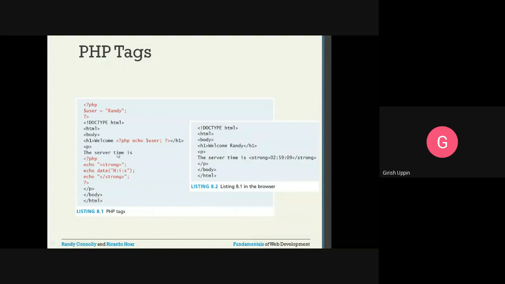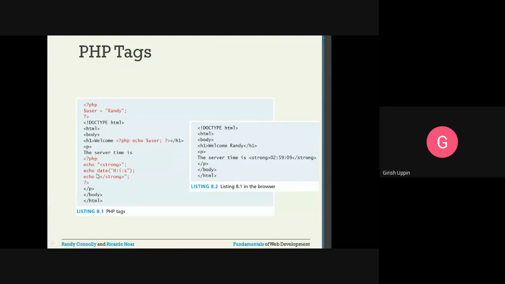And the server time is, suppose this information is dynamic, isn't it? The server time keeps on changing, so you will use a PHP script there. Another way of using it is you can create a date object and display the date object inside the PHP code.